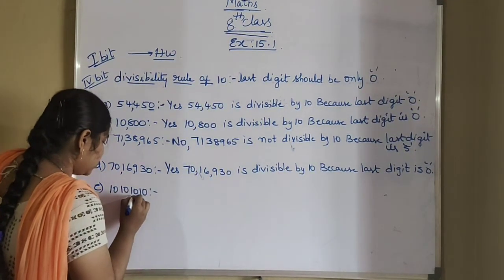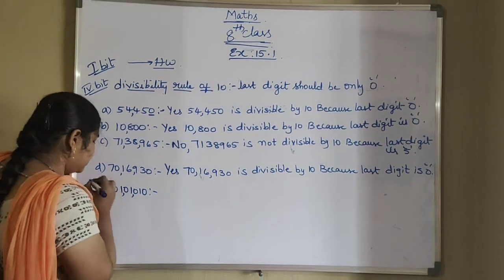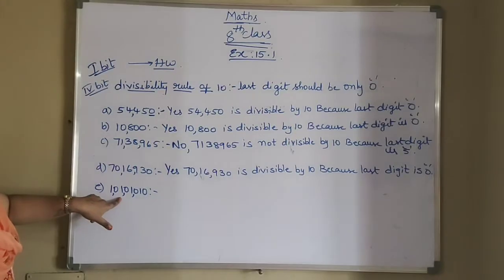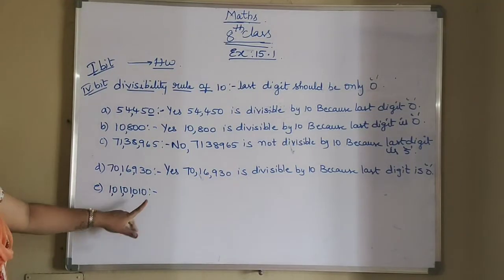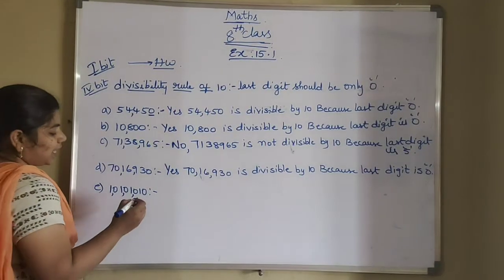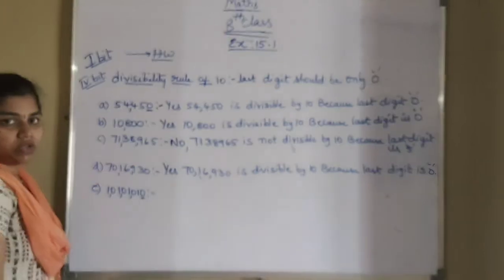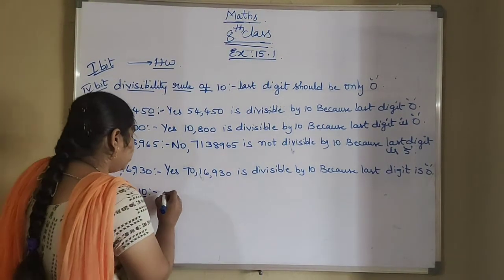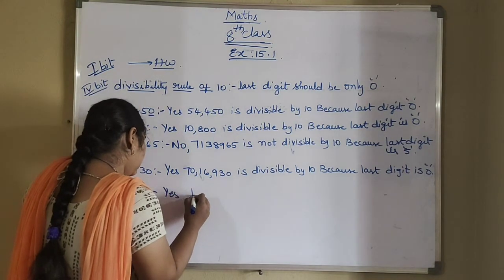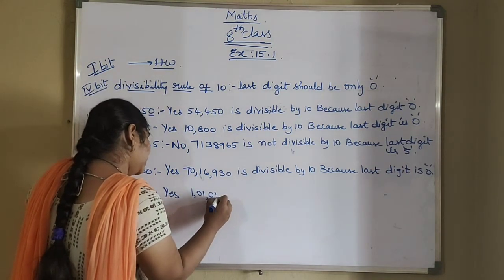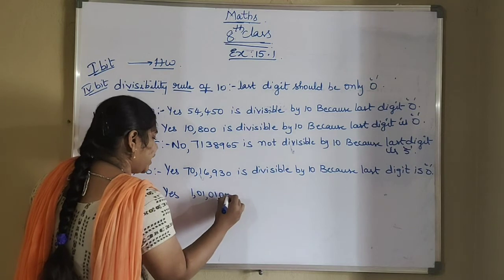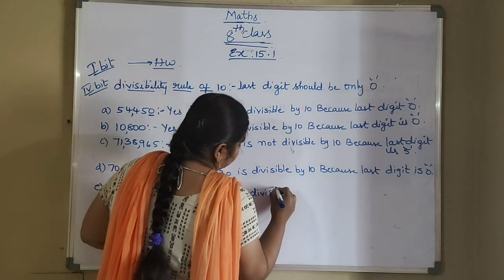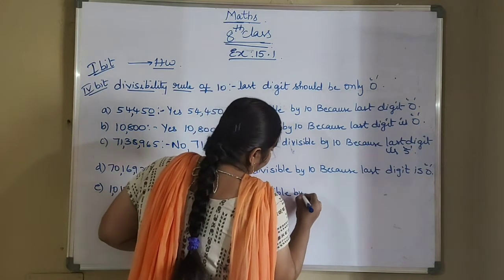1010. So whether this number will be divisible or not, we have to see. That is 1 crore 1 lakh 1010. Okay, so what is the last digit here? 0. So again this is divisible by 10 because the last digit is 0. So yes, 1 crore 1 lakh 1010 is divisible by 10